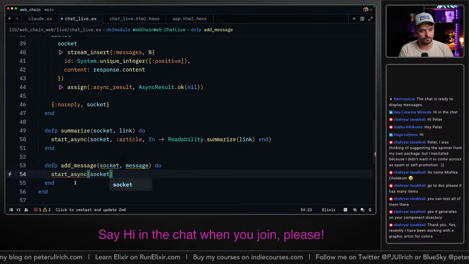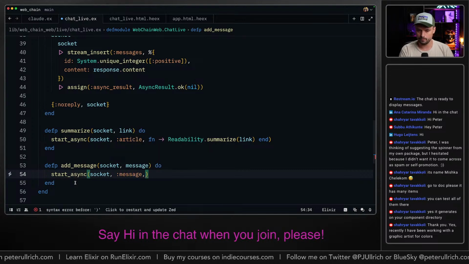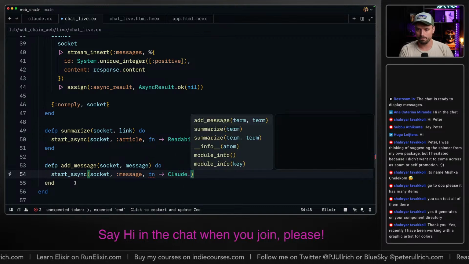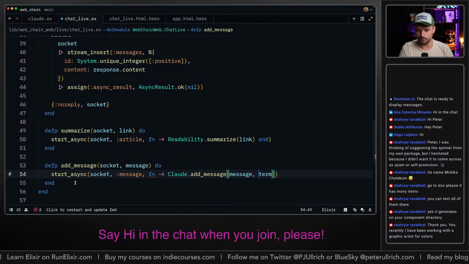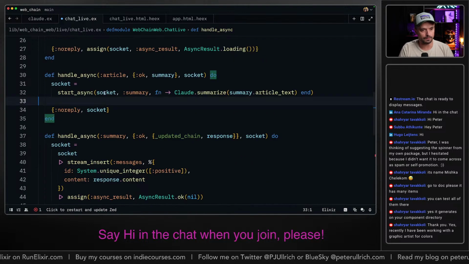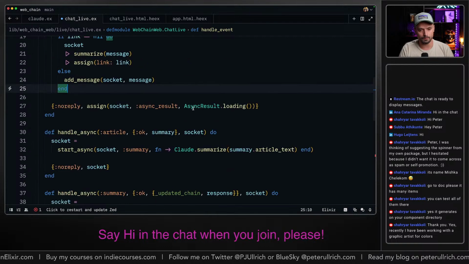I really love these new handlers. Well, an add message needs a message and the chain, and we don't have it yet, but we're gonna assign it here when we receive it somewhere. Where's it, the updated chain? There.